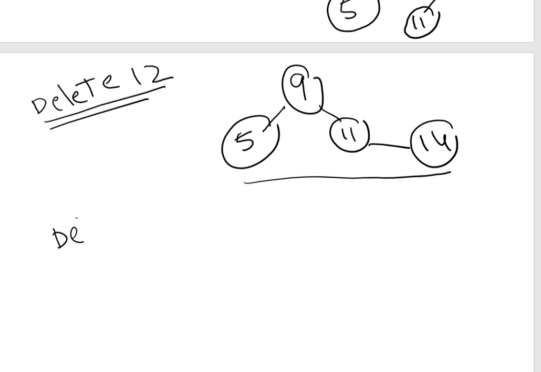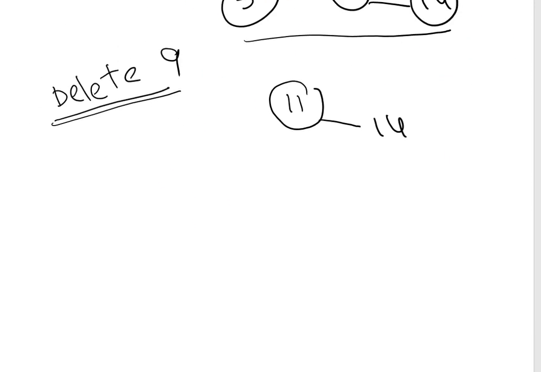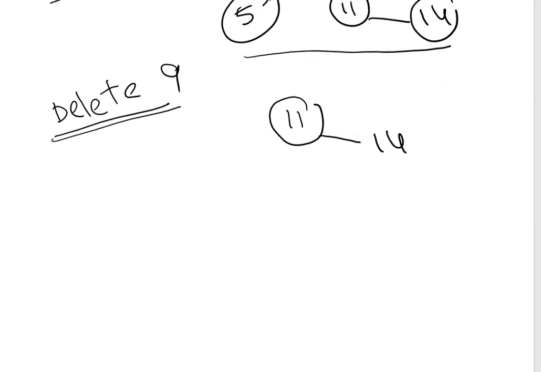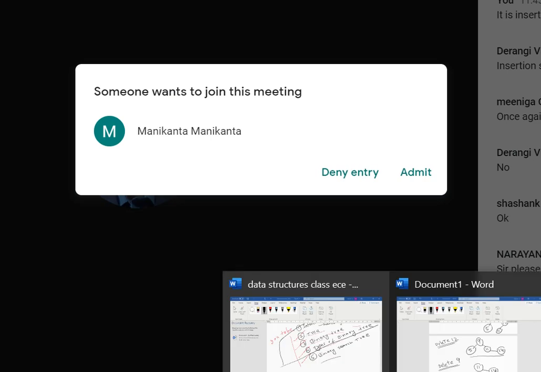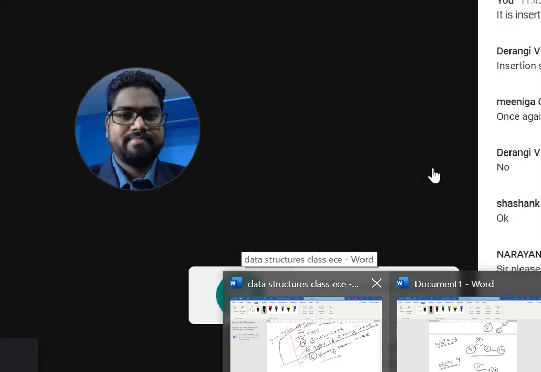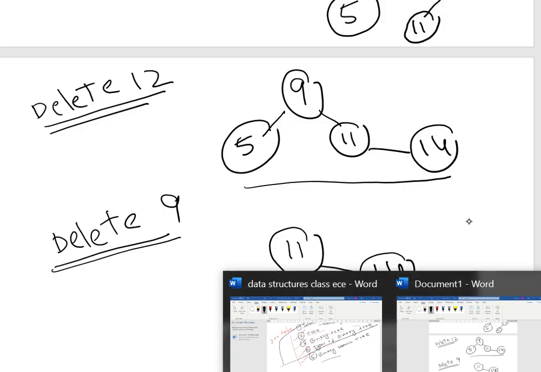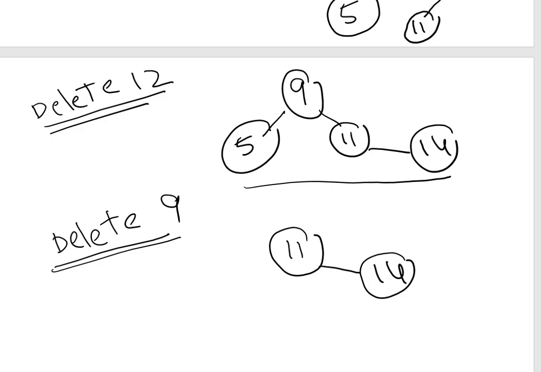Now I want to delete 9. I can take 11 as a root, 14 will be here, and then 9 will be here and 5 will be here.